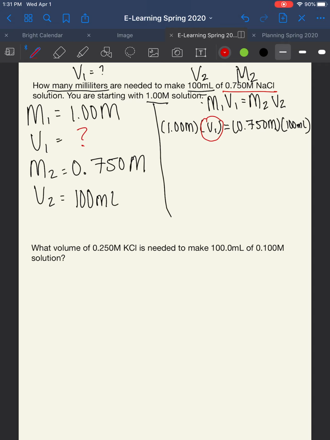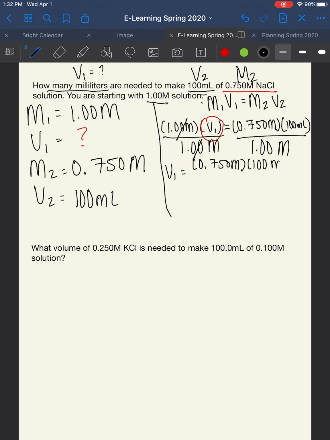To get volume by itself, that's my desired variable, I need to get rid of that 1 molar and move it to the other side. Since right now it's multiplying by the V1, I need to do the opposite, which is division. So I'm going to divide both sides by 1 molar. It cancels out and moves over here. Okay, so my new equation, V1 is equal to